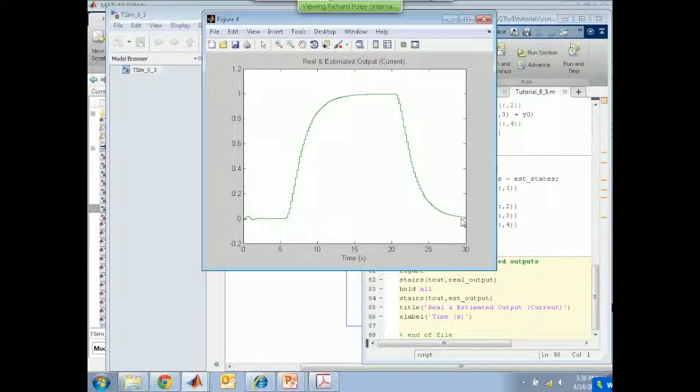Unless you're using a sample rate which is comparatively slow compared with the dynamics of the system, you're not likely to notice a big difference between the current and the prediction estimator performance, except in the initial condition convergence. But if you are, you will notice big differences. But here you can see the dynamics of the system are much slower than the sample rate we're using. So we're not seeing any difference really here.